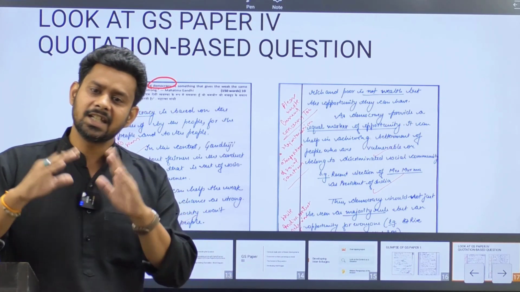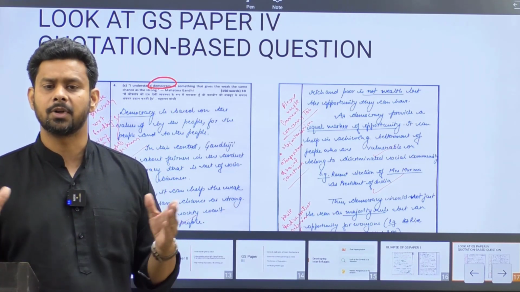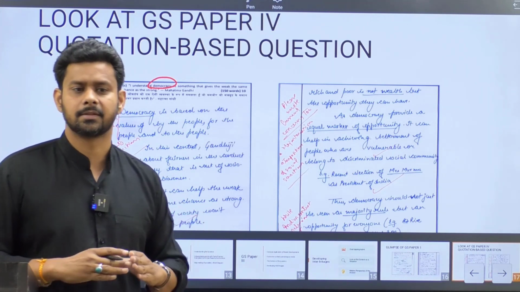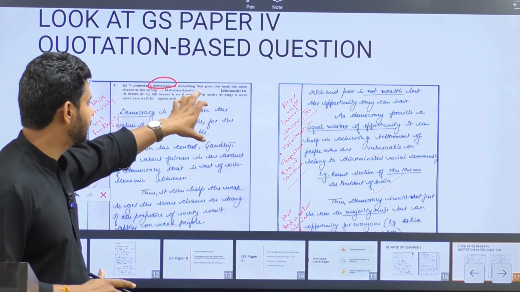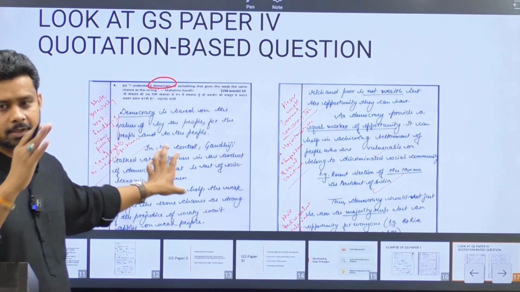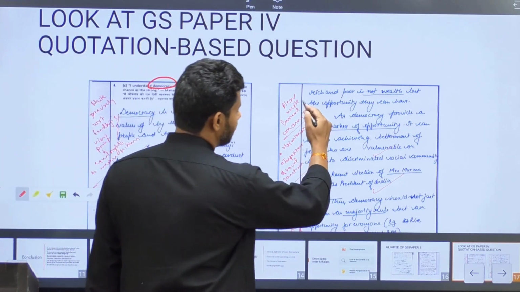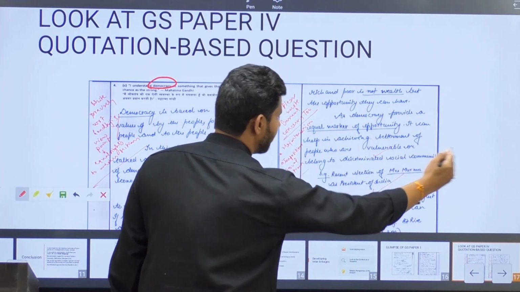Because at least we know a lot about Mahatma Gandhi, a lot about maybe Swami Vivekananda. So we should not make this kind of mistake. If he addresses this with respect to Mahatma Gandhi, he will definitely fetch more marks. Now, the second statement, where he wrote that rich and poor is not about wealth, but about the opportunity they can have, democracy provides equal